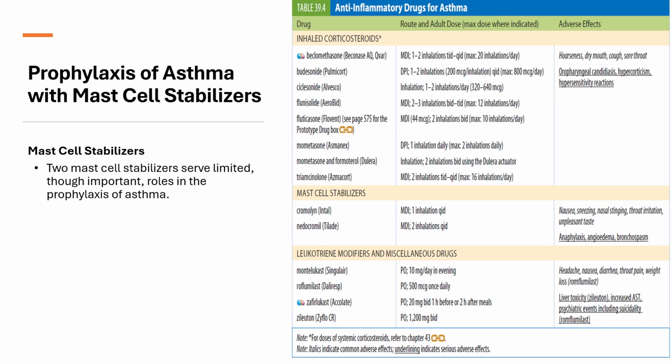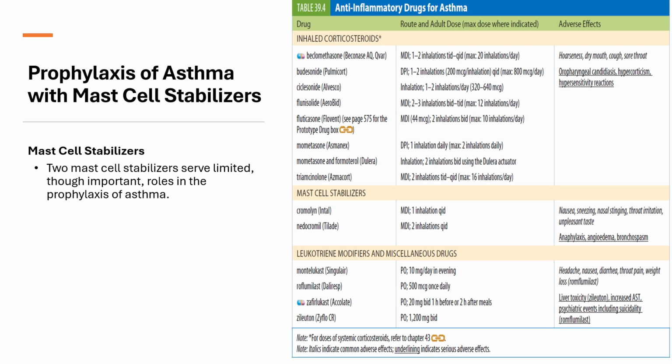Like the corticosteroids, these drugs should be taken on a daily basis because they are not effective for terminating acute attacks. Maximum therapeutic benefit may take several weeks. Both cromolyn and nedocromil are pregnancy category B and exhibit no serious toxicity. The mast cell stabilizers are less effective in preventing chronic asthma than the inhaled corticosteroids.